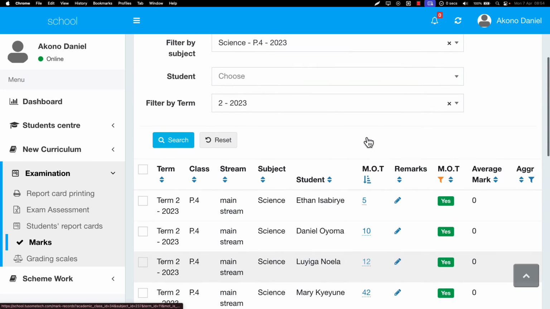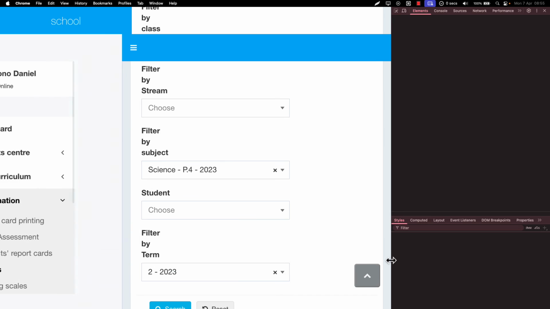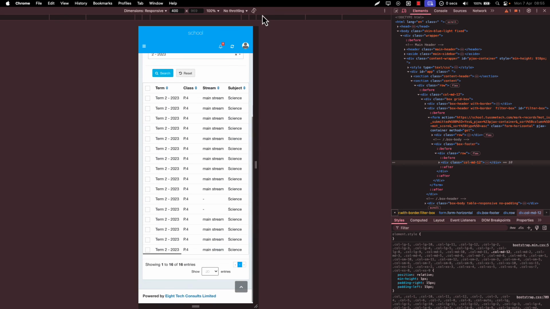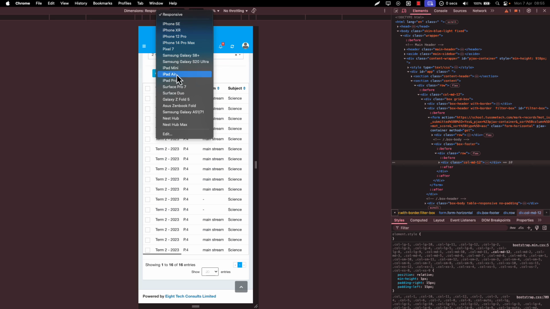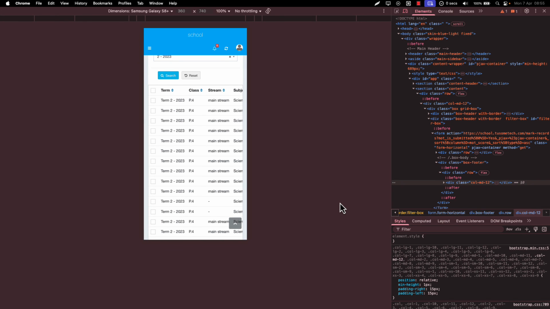Now, sometimes you might be using a mobile phone and the information is too much for you. For example, let's say you're using a mobile phone like this. This is my phone, and maybe the information is too much. Let me, for example, put here Samsung Galaxy S8. That's how it looks on the mobile phone. So what if you want to use a mobile phone and the information is too much? How do you